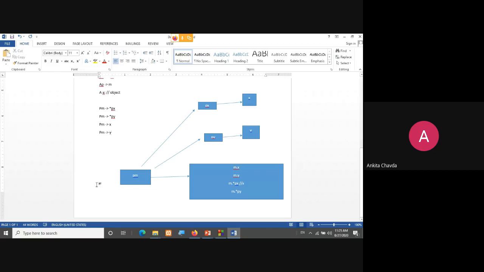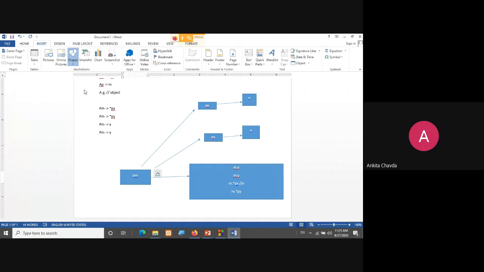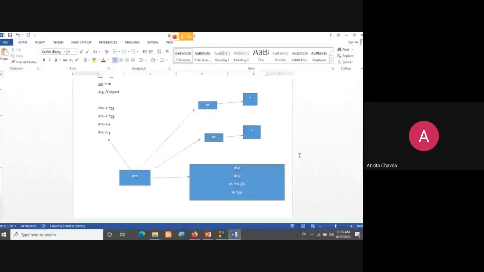This is how you can access via the object. This I have shown for the pm. I hope now you are getting the things. I have tried my best to explain this concept, right? Hope you are getting it.